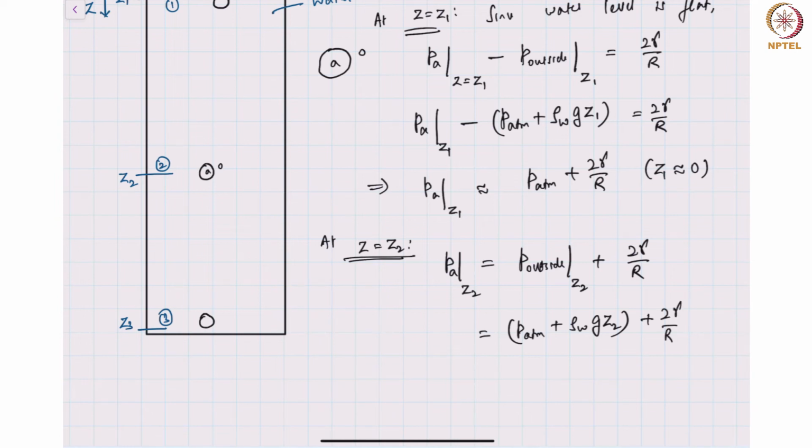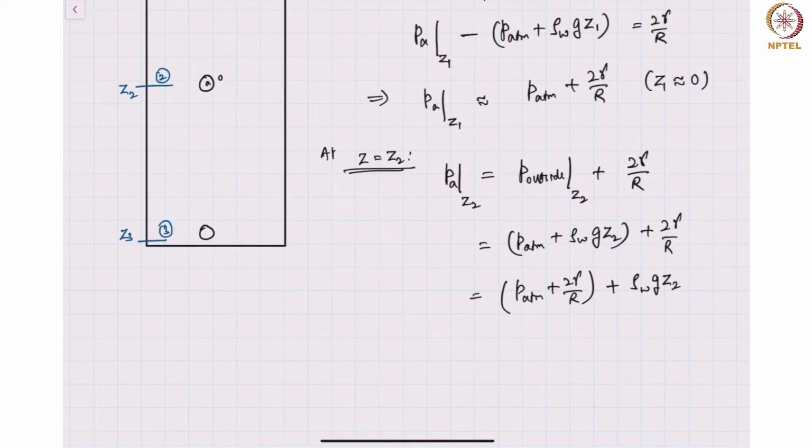So I have P atmosphere plus 2 gamma by r. This is because of the surface tension effects and then atmospheric pressure. But because the outside fluid at location 2 is experiencing the weight of all the water between 2 and 1, I have this additional pressure. This is the hydrostatic pressure,